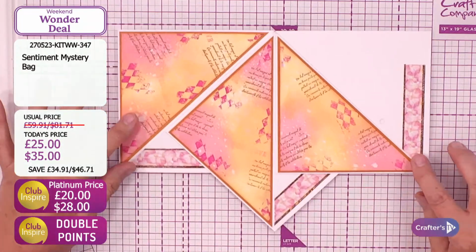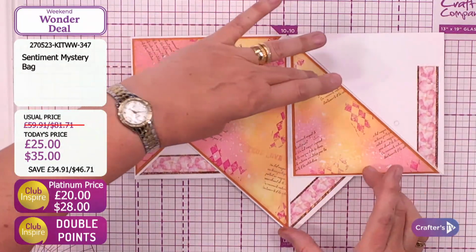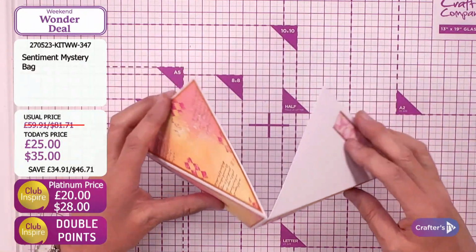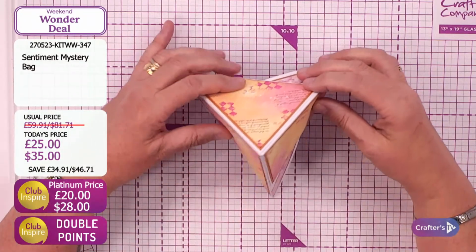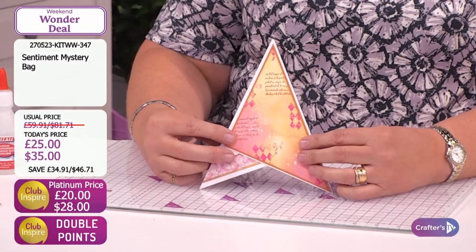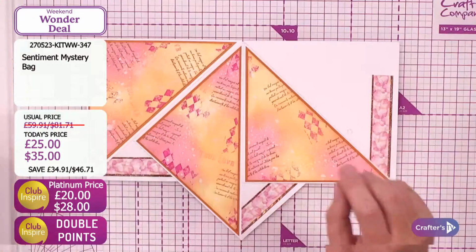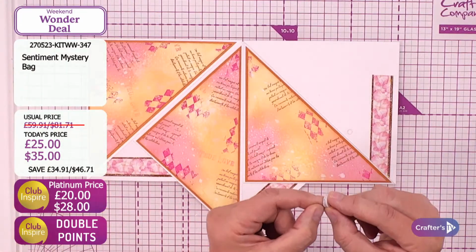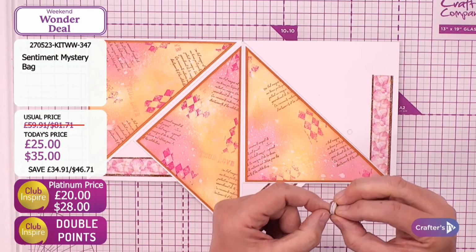Yeah. So you can see there where we've got the 2 squares, the one rotated, which gives you the shape that we want. And then these 2 are going to overlap to give us that lovely little sort of TP shape. Okay? So I've actually got one of our little Velcro dots here, and I'm just going to pop that as a closure so that we can actually